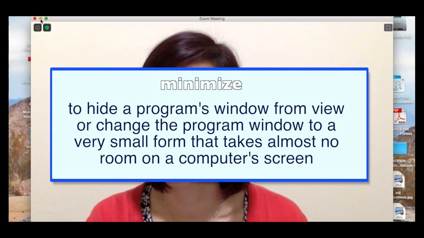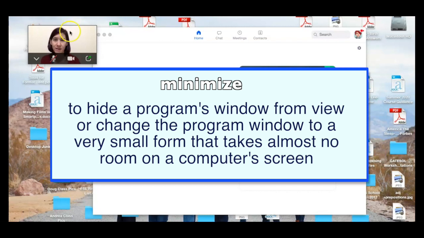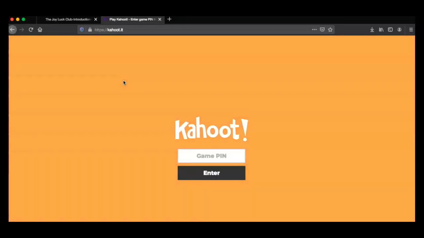Maybe you need to minimize or make a screen smaller. You go up here where you have the minus sign and click, and it will minimize and make it smaller. So you might minimize a screen or an application or a web browser and make it smaller, or you might minimize to hide it. If I want to minimize this screen, I just go to the minus sign and click